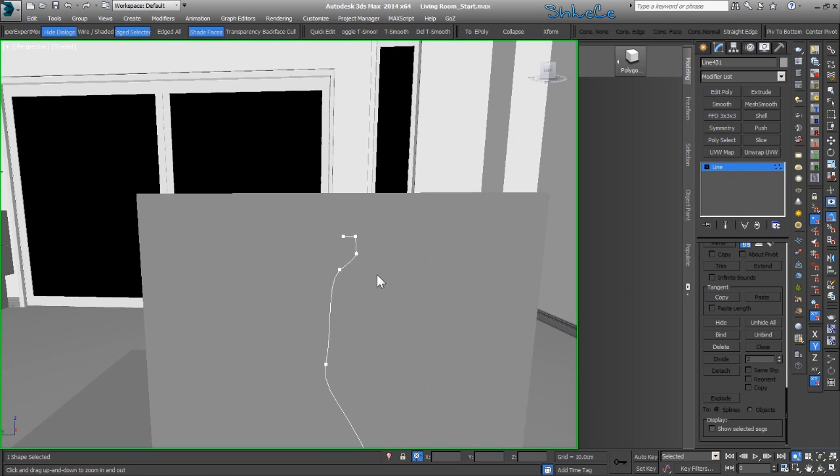Alright, this should be fine. Now I'm gonna add a lathe modifier on top, so press L